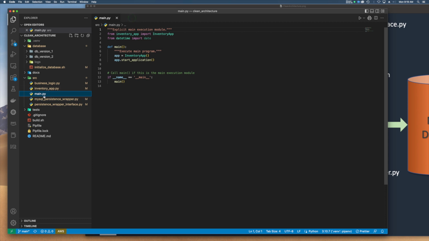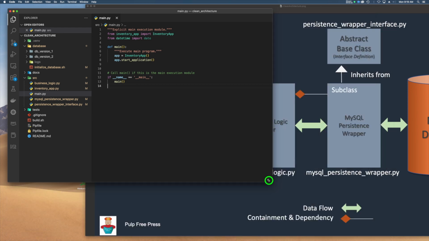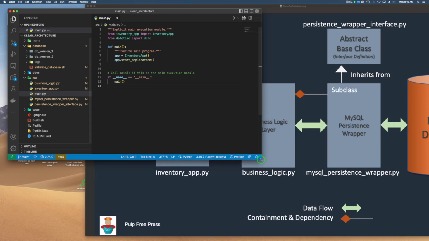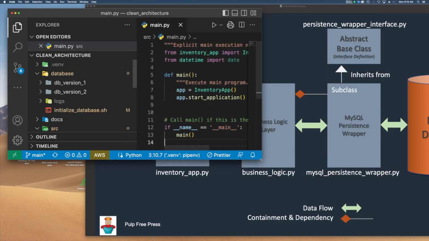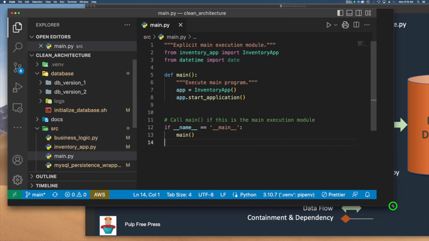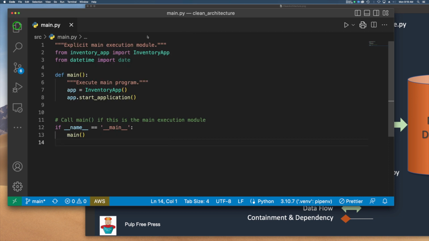Let me open this one up, and let me make the text bigger. I hate it when text in YouTube videos is really tiny. Okay, I think that should be big enough. And let me close that Explorer window. All the main does is provide a main entry point. I like to do my apps this way. For Python developers, this will look familiar, right? If